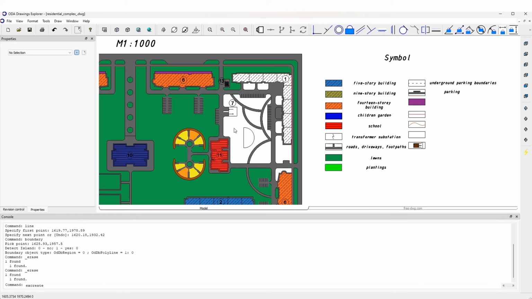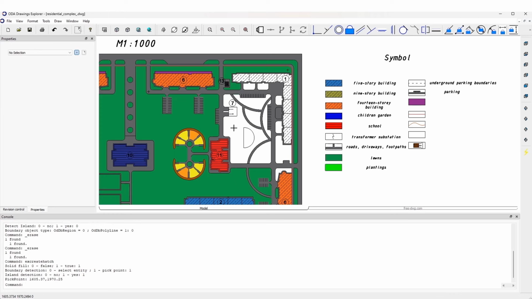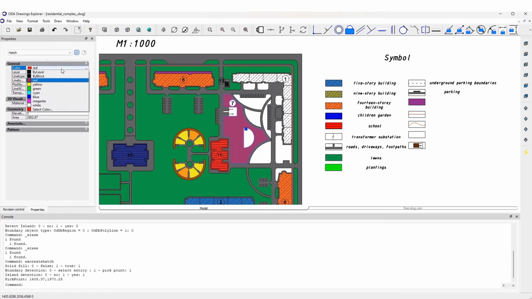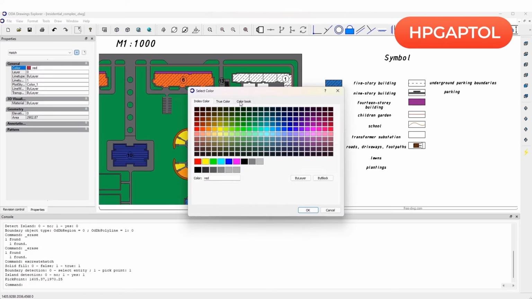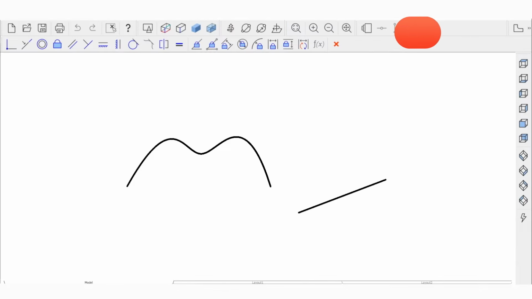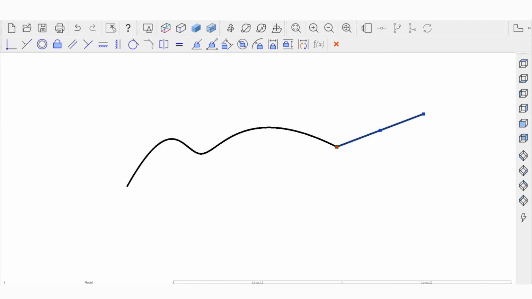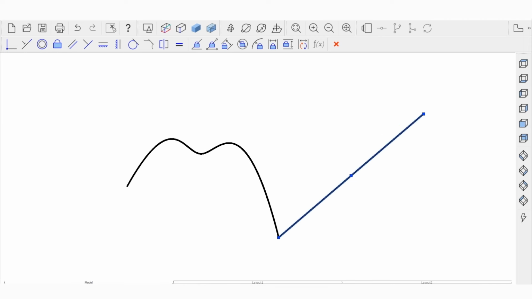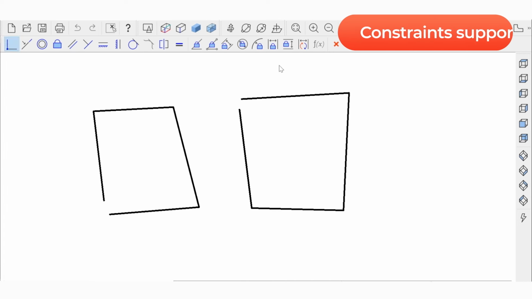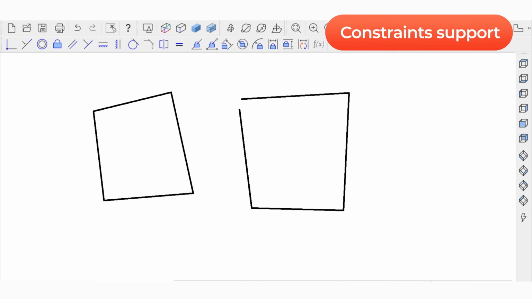In addition to pure boundary capabilities, hatch creation has the possibility of closing a contour with gaps. Gap size may be managed by means of the HPGAPTOL system variable. Contour creation is not the only way that entities may interact with each other. Another complex area of entity relationships is covered by constraints. Constraint support was first released at the end of 2022